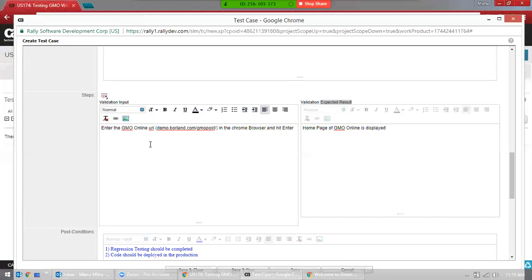Let's say I want to write 5 test cases. Again, remember this: before writing test cases, you need to come up with positive scenarios, negative scenarios, and boundary values. Now to add more steps, you have this option. You see the steps, and you have this icon, add action step. Click on this, and you get a drop down box, 1, 2, 3, 4, 5. Let's click on 1 for now.